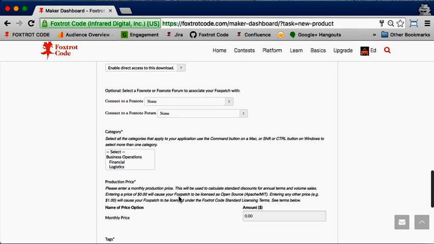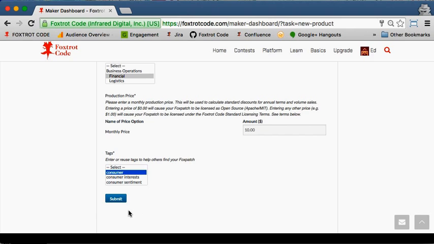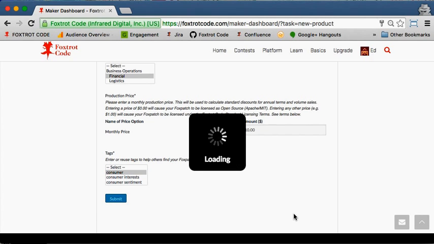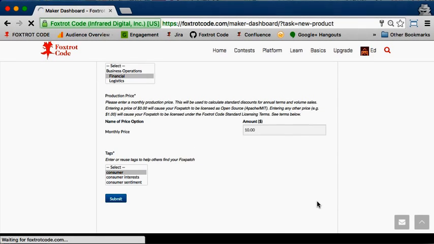We're going to leave everything public here. We'll put $10 on here. That's $10 a month, and we'll just give it a tag. Okay, and now we'll hit submit. So once it goes through this process of loading it into Foxtrot Code, just hit OK. And it should take us back to our,